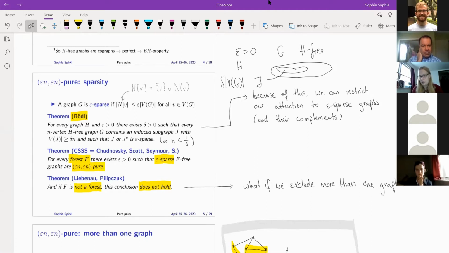Because if we're in the sparse case, it's actually enough to exclude just a forest. And so we actually have an answer here too for when you can get to linear size sets with all or no edges between them, which is you need to exclude a forest if you're in a sparse graph, which implies that if you have a forest F, then if you exclude F and its complement,